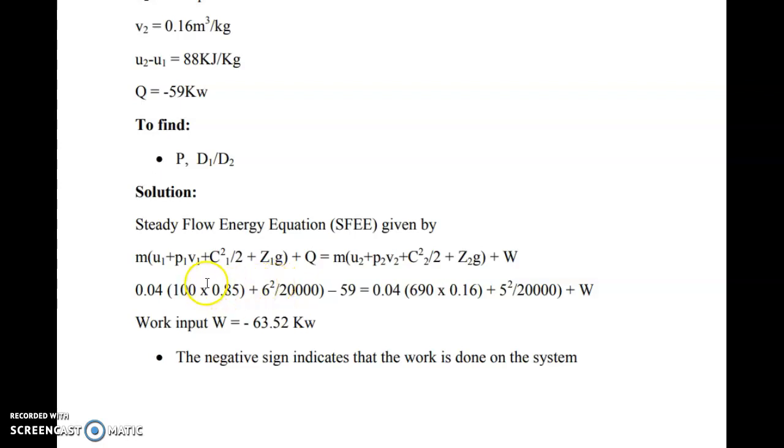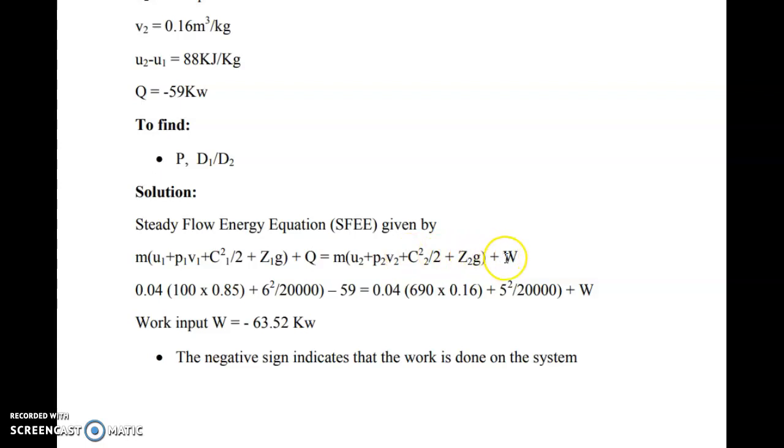So the remaining things are only flow energy and kinetic energy, because in the compressor there is a flow where the kinetic energy is also there: flow energy plus kinetic energy, and some heat transfer happening in the compressor. Okay. Then in the output also we will be having some flow energy and the kinetic energy.